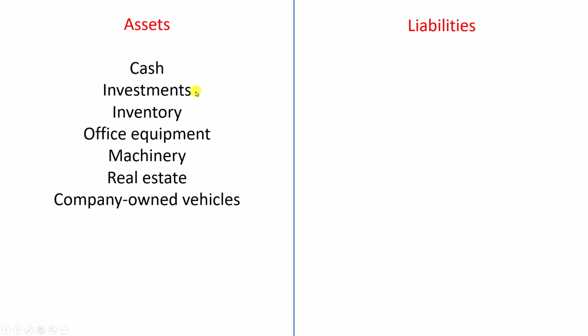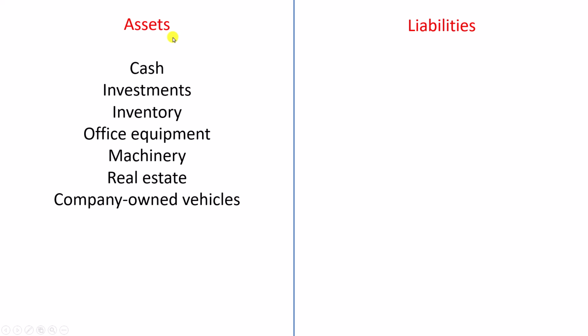Alright. If the company has invested some money, then that investment would be an asset of the company because it is company's money that it has invested in other instruments to get better returns or to get money. Why do we invest? We invest money so that we can earn money. Correct? Same is the case here. If the company invests its money in various places to earn money from it, then it would be counted as